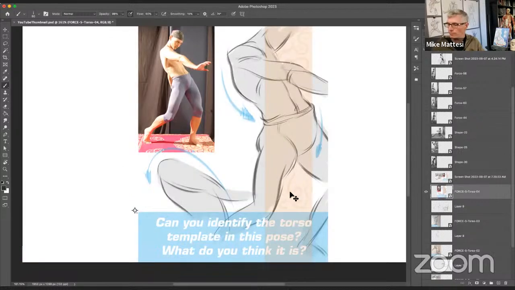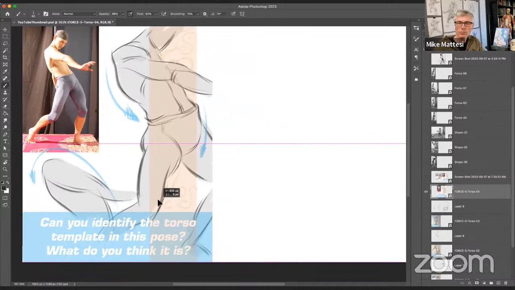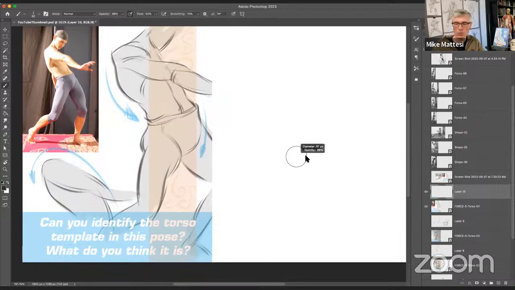This one, let's see, what is this one? I pretty much showed you just with the blue arrows. This one is an S torso. Definitely a big push up that's going into the shoulder up there. You have all this thrusting upward, but the body itself, his rib cage to pelvis, is like this. So sweeping over, there's no massive change in the torso.